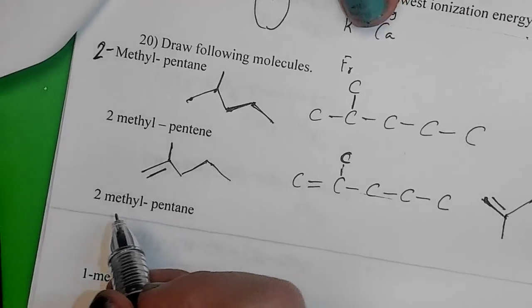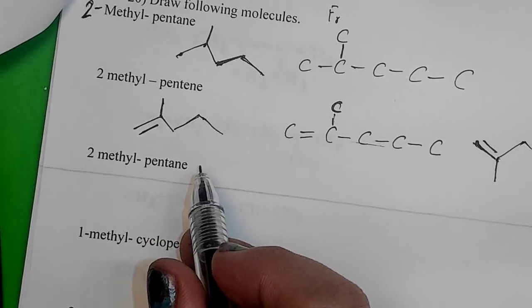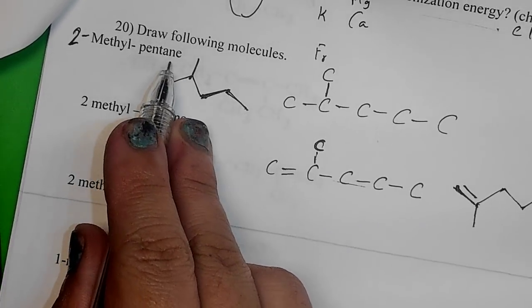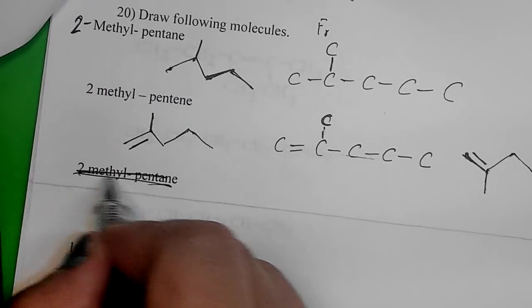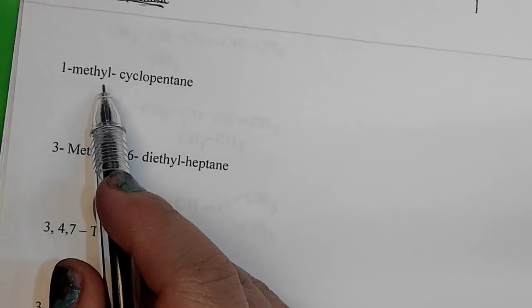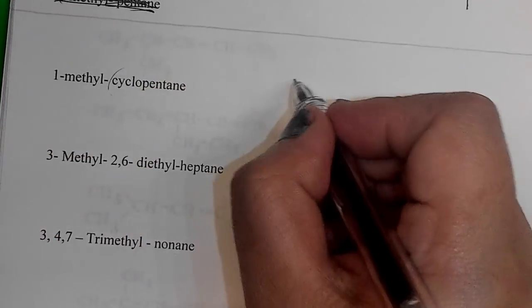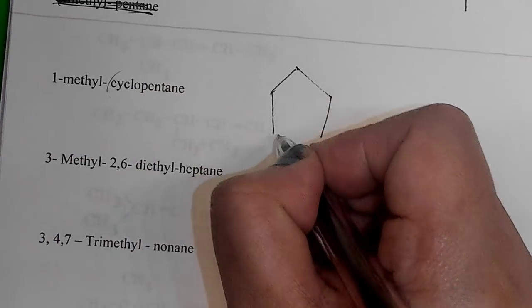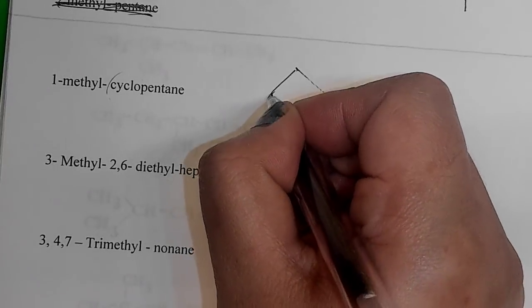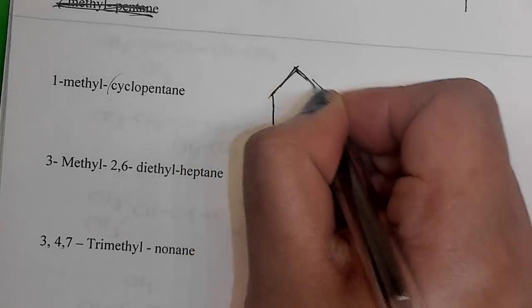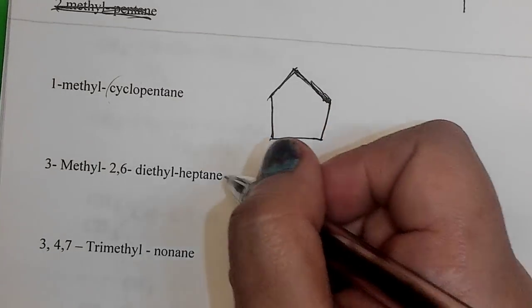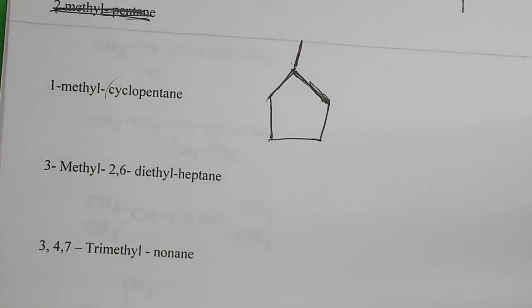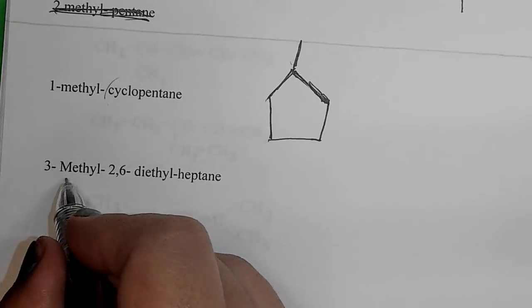All right, 2-methyl pentane, which I just drew here. So I don't know what that other one is, so I'm just gonna ignore that. Like just say that's one of them. Okay, cyclopentane. Cyclo means circle. That means connected. 5 carbons connected together. Pretty much you're drawing a pentagon. Right, that's a single bond, not a double bond. I just didn't draw it well. Methyl, let's say a branch coming out. Okay, this one might be hard. 3-methyl